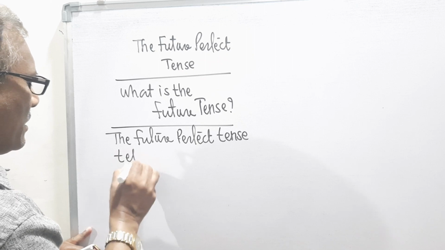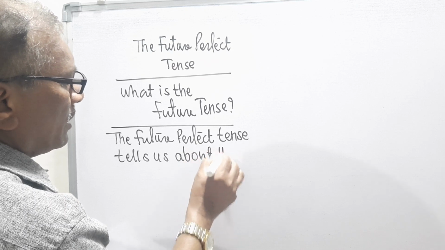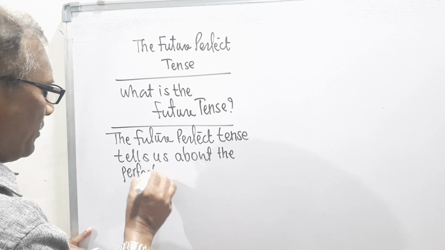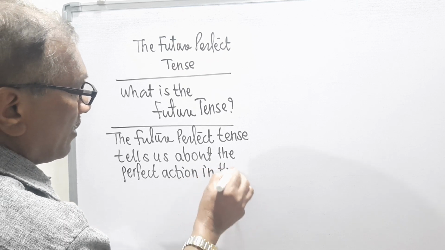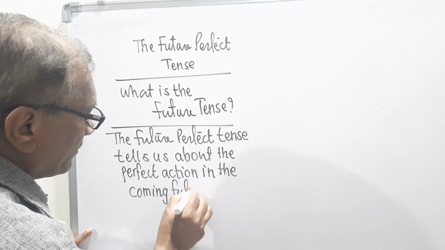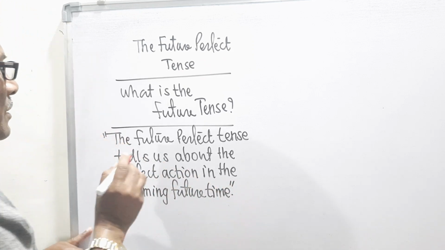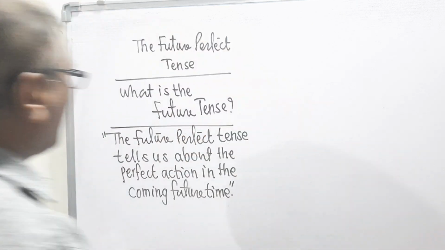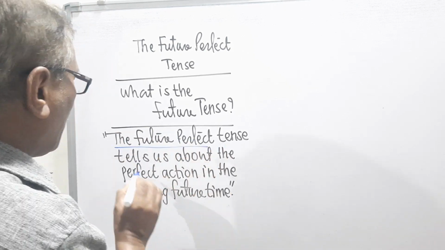Tells us about the perfect action in the coming future time. Remember, what is the point here? The point is very important. The future perfect tense tells us, remember here, the point is very important here. The future perfect tense tells us